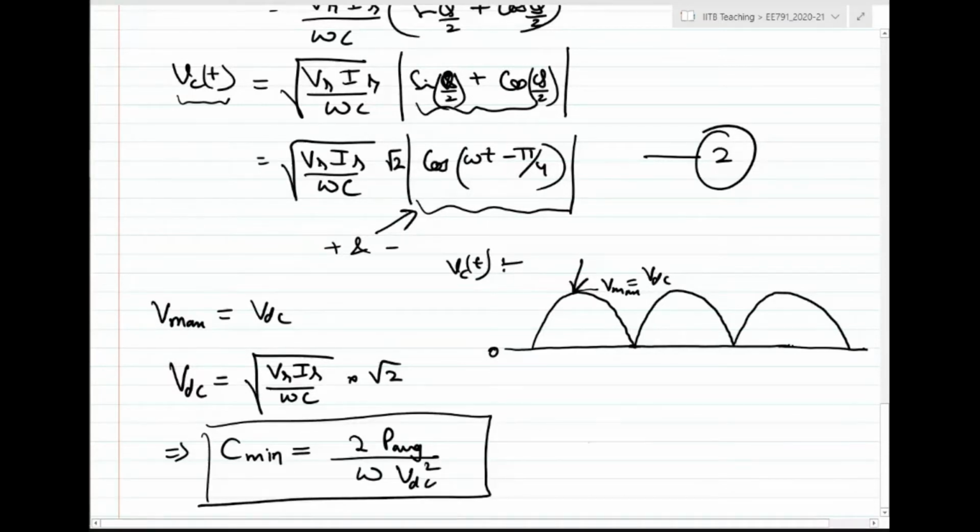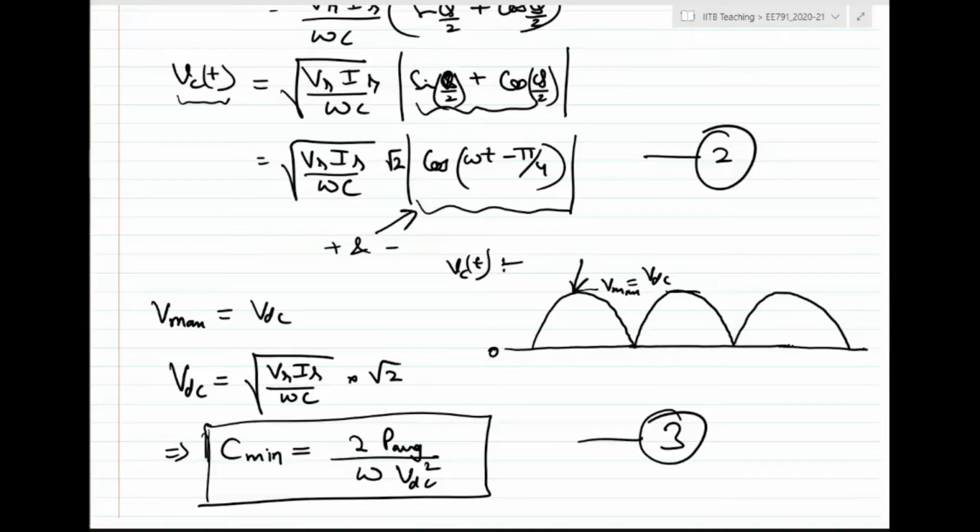This expression tells us that if we use this value of minimum C in this active power decoupling circuit, it will give me complete power decoupling, right? And it would utilize the capacitor to the fullest. Capacitor utilization factor is 1 because you are charging it to the max value and then you are discharging it to the 0 value, right? So the utilization factor is also very good, plus there is no ripple in the actual DC voltage which is seen by the panel. So it sort of checks all the requirements that we were looking for.